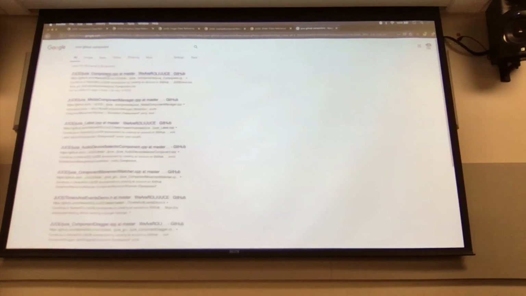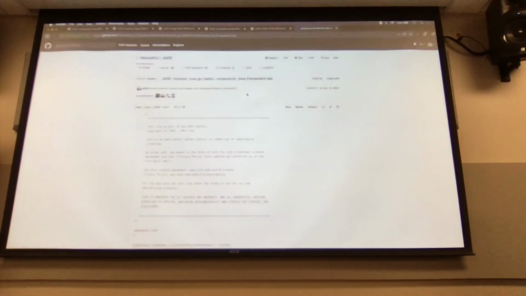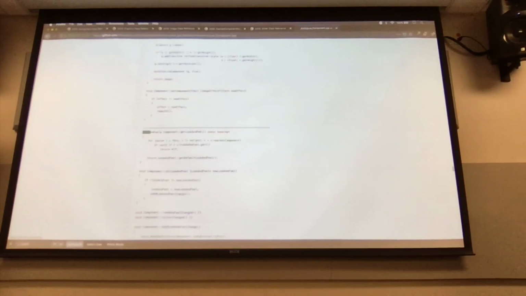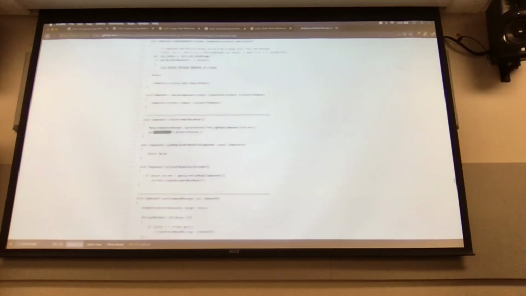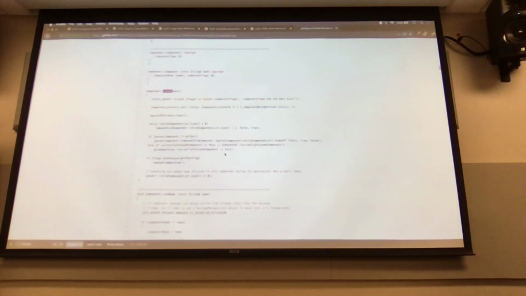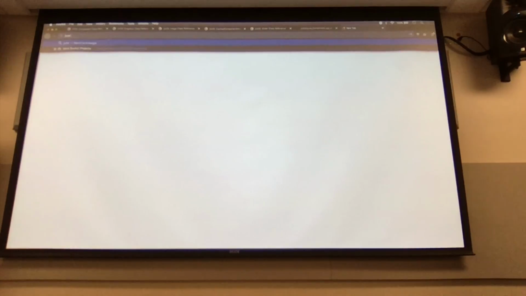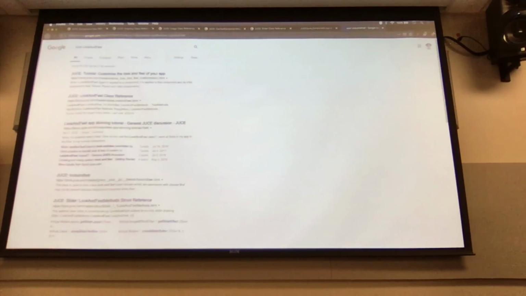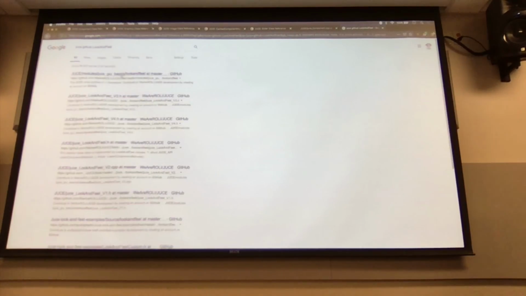When you set a look and feel, you just have to unset it at the end of your component's lifetime. So in our case, we have